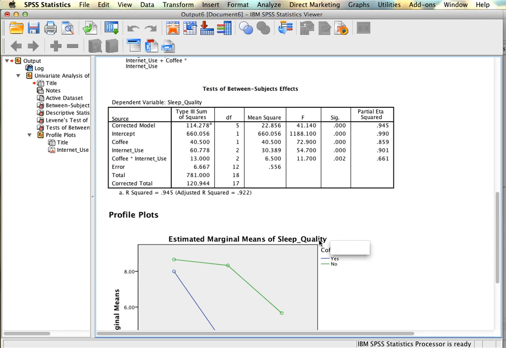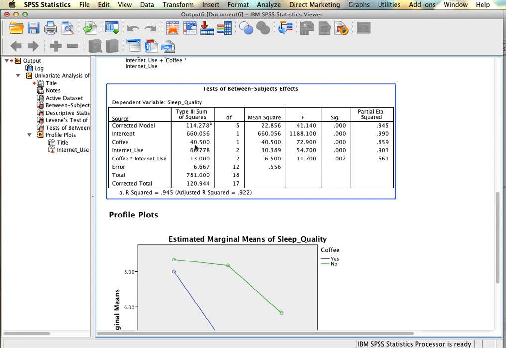If you were to calculate your effect size by hand, where you take the sum of squares model divided by sum of squares total, it's actually the corrected total you use and not the total. But when you're using SPSS, you don't really need to worry about that. So what we can see here is that